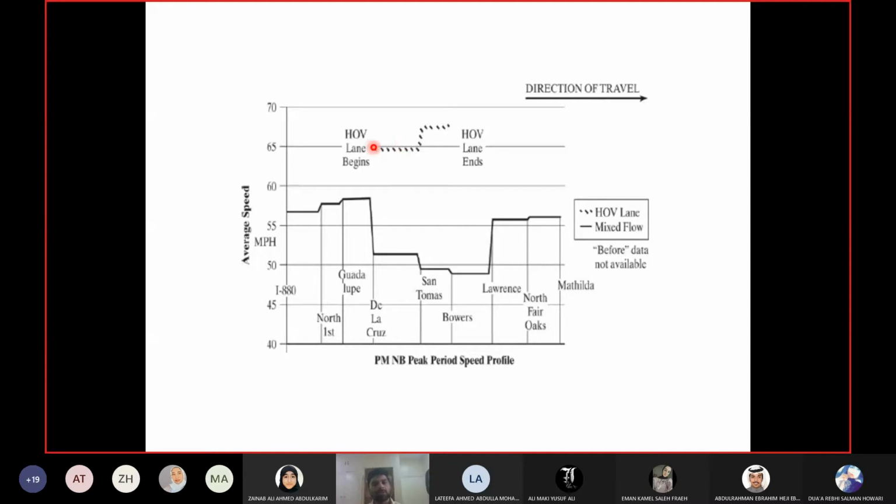Okay, so you can see HOV starts from here. This is the initial speed and it ends here. At this point the speed of the HOV lane increases as well, maybe because of the design, maybe because of something else, we don't know. But the point here is, this is a speed and distance diagram from which you can identify these things: which sections have a problem of speed, which sections have a problem of delay, and if I introduce an HOV lane or a special type of signal or a bus lane, then what can happen. You can identify these things from the speed distance graph.